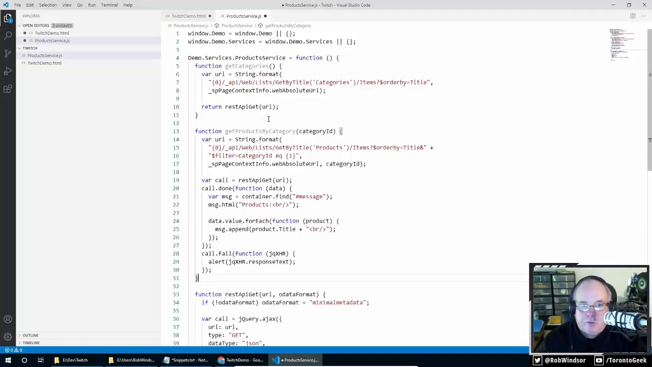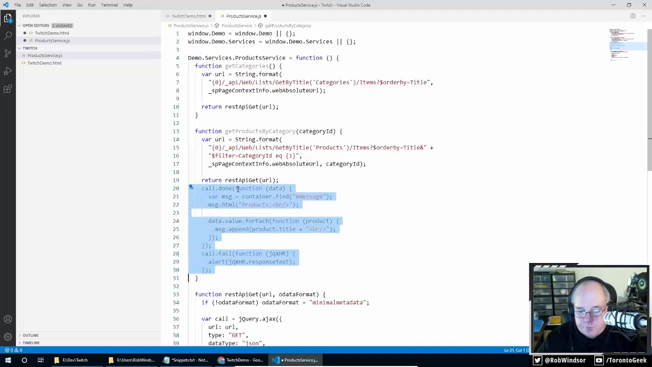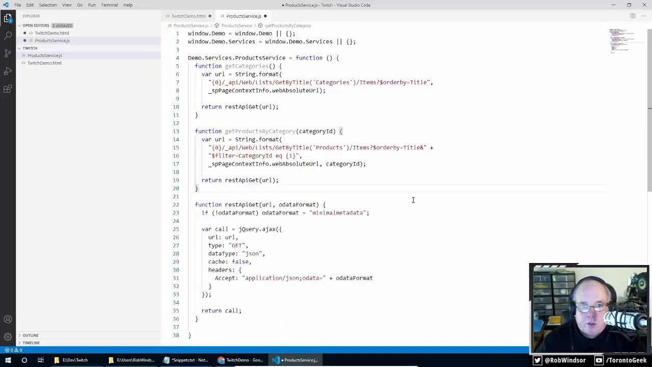Okay, I'll Shift F to reformat. And just like before, I need to return that promise that's generated by the REST API get function. Okay, so there's my service. Now,